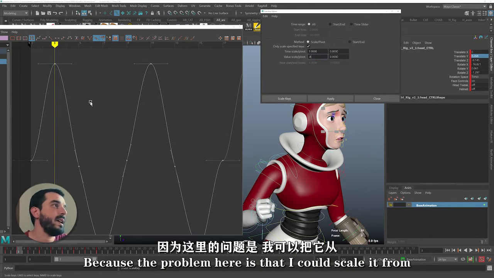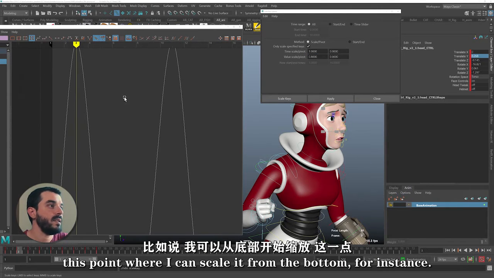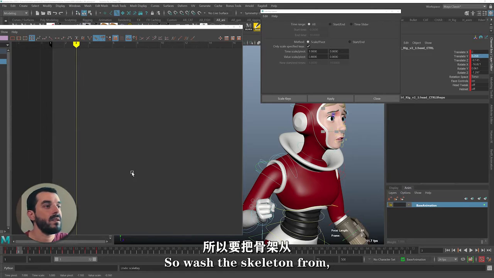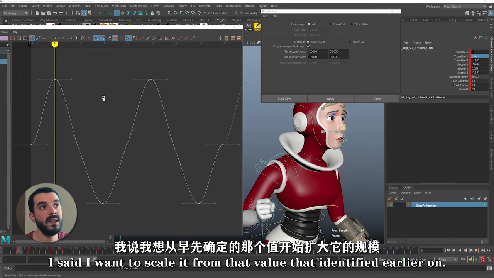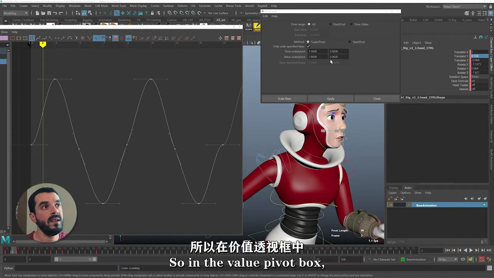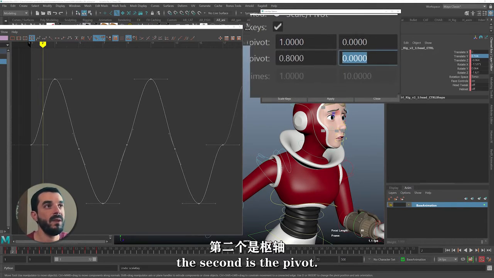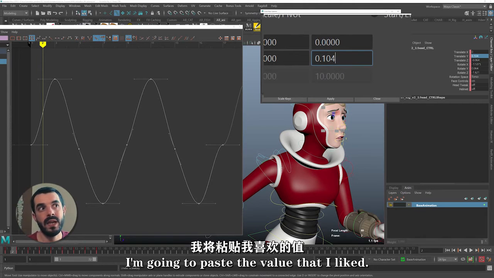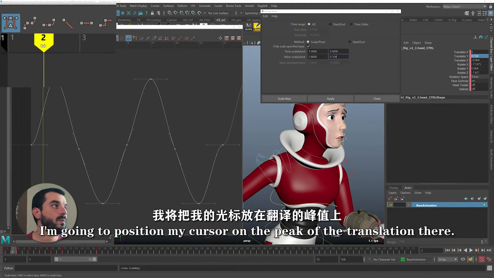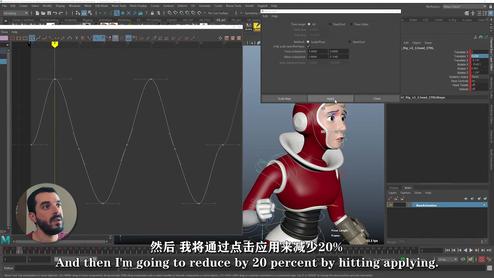Because the problem here is that I could scale it from this point, or I could scale it from the bottom, for instance. So where should I scale it from? I said I want to scale it from that value that I identified earlier on. So in the value pivot box, the first one is the scale, the second is the pivot, I'm going to paste the value that I liked. I'm going to position my cursor on the peak of the translation there,